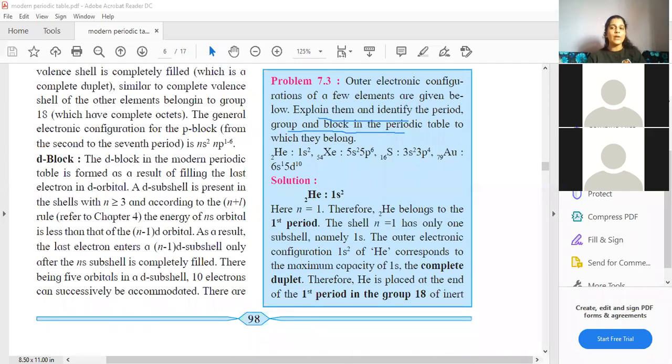Students, these types of questions are very interesting because I can randomly give you all any element. I'll give you its atomic number. Now, luckily here in your textbook, they have directly written the configuration as well, but that is not going to happen in the exam. In the exam, you all only have to write the configuration. So I'll give you any random element, I'll give you its atomic number. You all have to first write down the configuration, look at the valence shells, and identify which period, which block, which group. That is what this problem is.